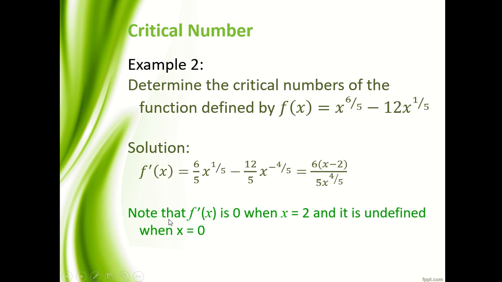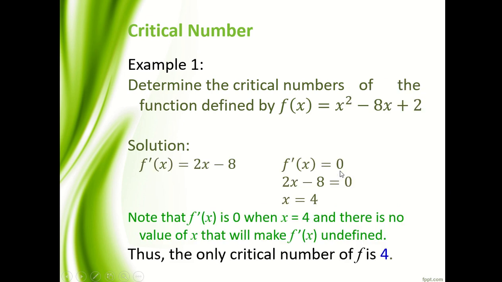Alright, so we have to take note that f prime of x is 0 when x equals 2. When x equals 2, 2 minus 2 is 0, times 6, 0. So 0 divided by anything here, the result is 0. Therefore, x equals 2 is also a critical number, because this makes the result equal to 0, because